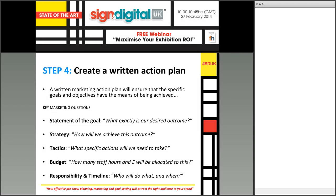Once steps 1 to 3 are completed, step 4 becomes a lot easier. It's almost impossible to do otherwise. This step is all about committing the initial thinking about goals, objectives and target audience into a written plan. This is often a useful step in order to play back the agreed thinking within the organisation to those stakeholders that you identified at the start, and it also enables you to gain sign-off before the pre-show marketing plan is